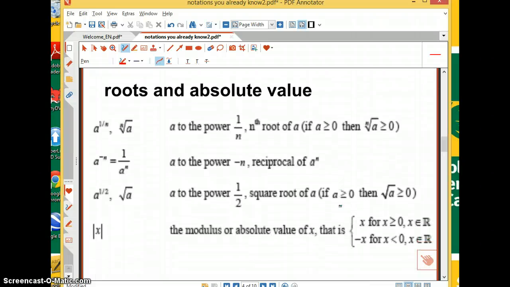Okay, roots and absolute value. We're just going to talk about the notation here, not how you do it. We can talk about how you do it later. So for example, when you have a to the power of a fraction, this is actually the same thing as saying